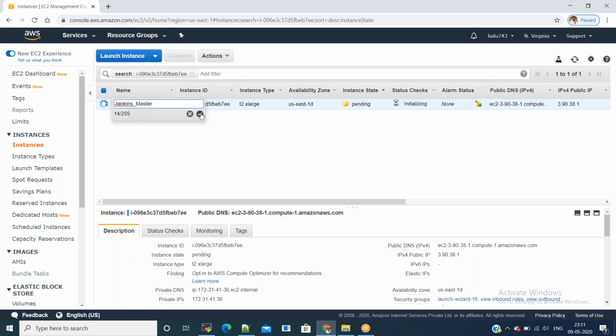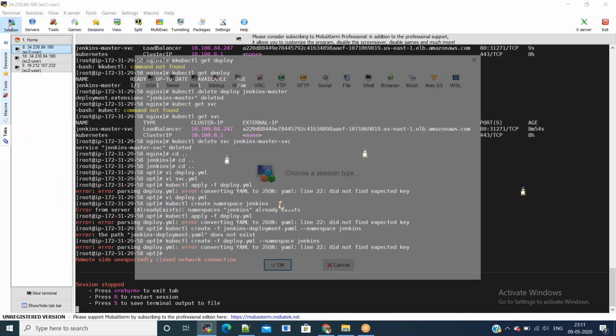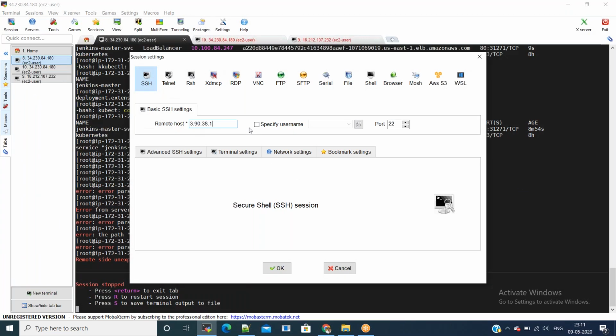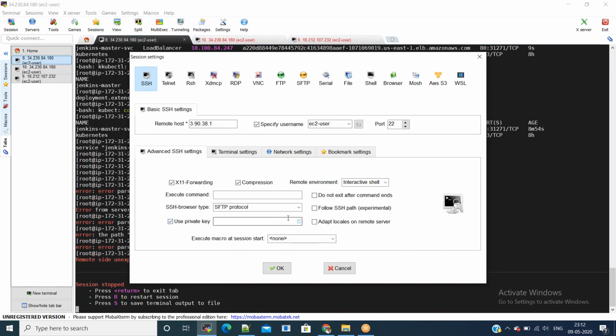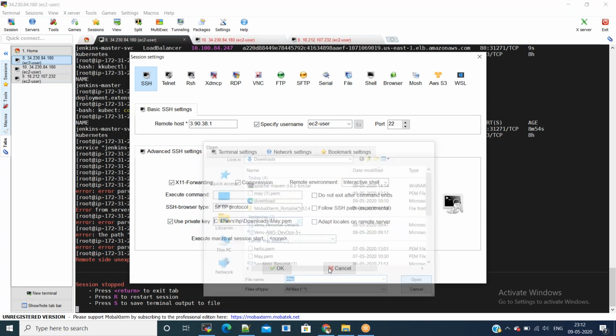I'll grab the IPv4 public IP and connect to this particular server using a MobaXterm SSH session. Mention the remote host, specify the username, go to advanced SSH settings, browse for the key pair and click on open.